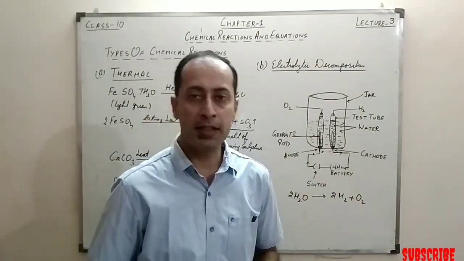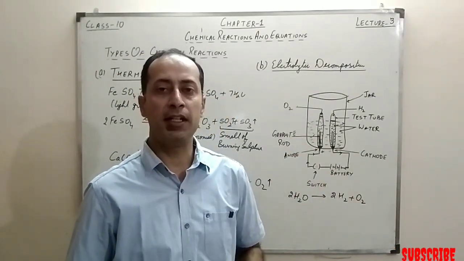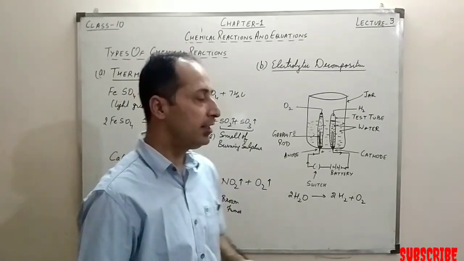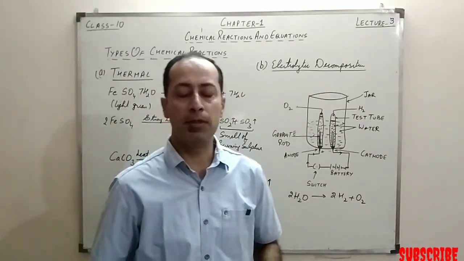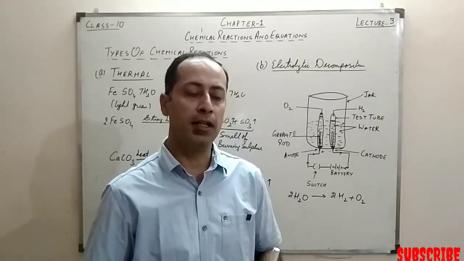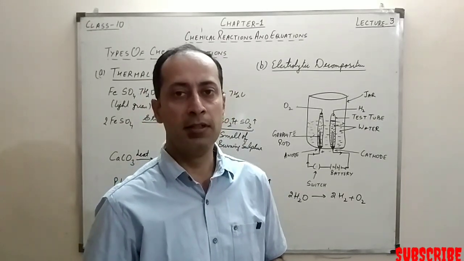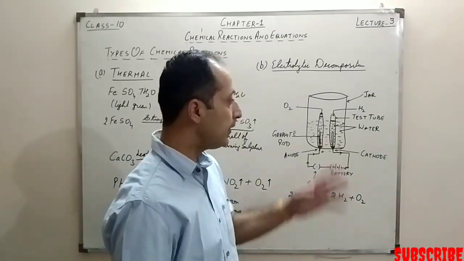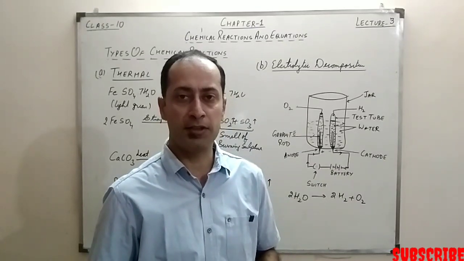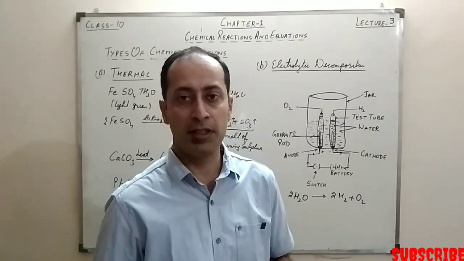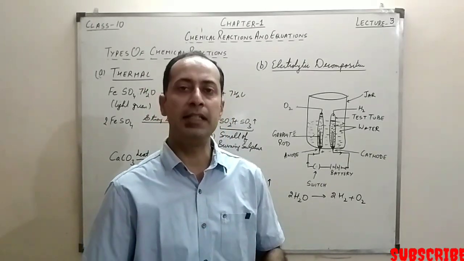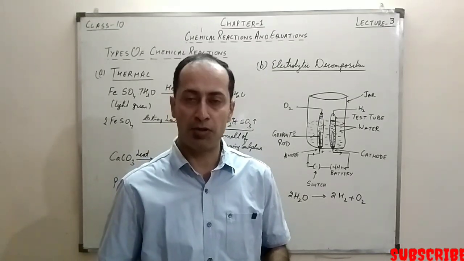What we can do is take out the two test tubes and test them with a burning matchstick splinter, but be very careful while testing these things. As soon as we put a burning splinter near the test tube containing oxygen, the flame of the matchstick becomes much brighter. In case of hydrogen, when we bring a burning splinter near the test tube containing hydrogen, it burns with a pop sound, and the matchstick extinguishes, right? So these are the tests for both oxygen and hydrogen.